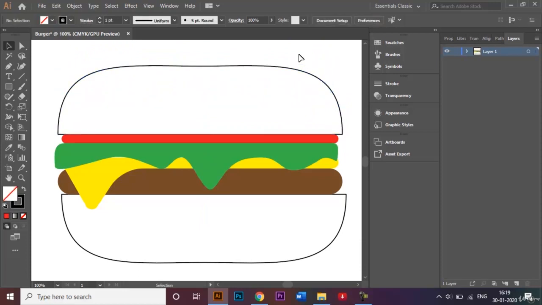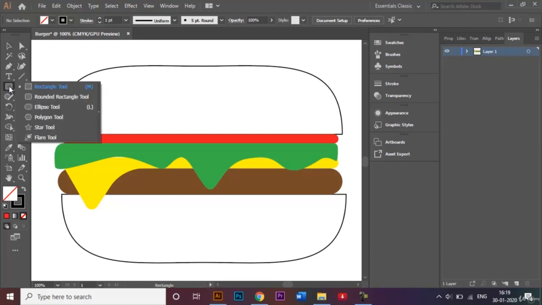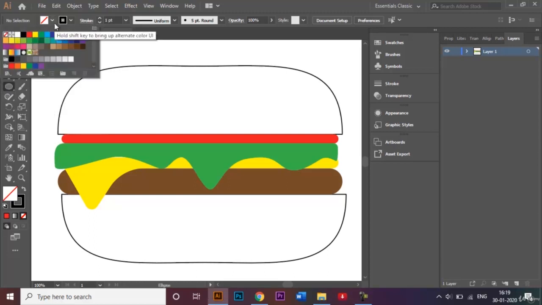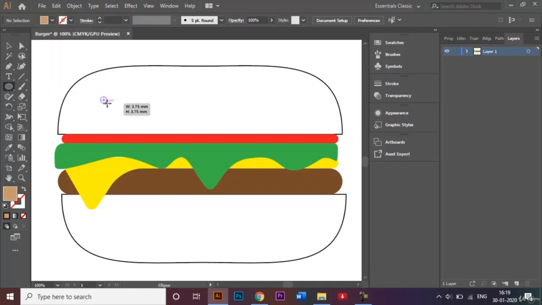Okay, so now the last thing that's left to do is to add some sesame seeds on top of this bun. To do that, we'll go back to this ellipse tool and choose this light brown shade, and I'll remove the stroke in advance. I'll just click and drag to make a circle like that. You can go ahead and make multiple copies of it. To do that, we'll select a circle, click on Alt, and just make multiple copies, and then just place them randomly